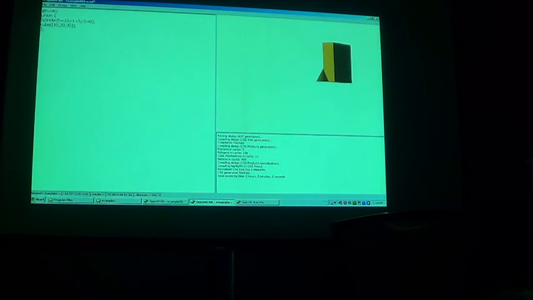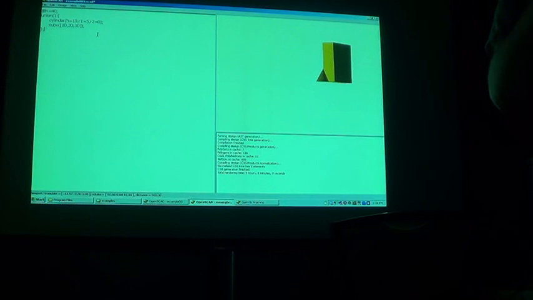This program is again free. It's updated fairly regularly. They keep adding new functions to it. It is not limited to the simple stuff I'm showing you right here. We've actually gone and designed an entire parametric 3D printer for our space. We did all the design in the software. And the nice part is the file formats that export from here, we can take a